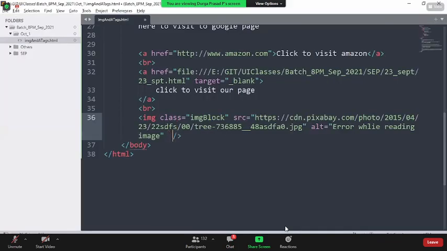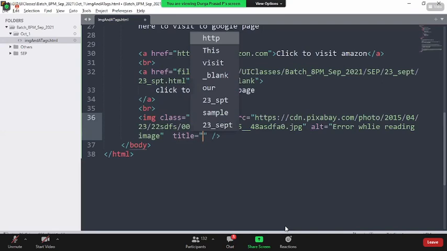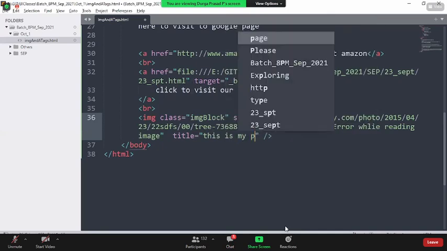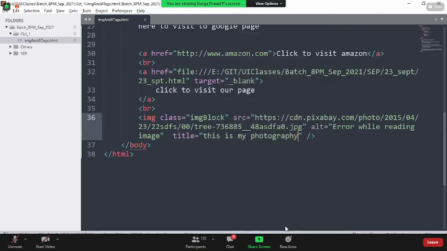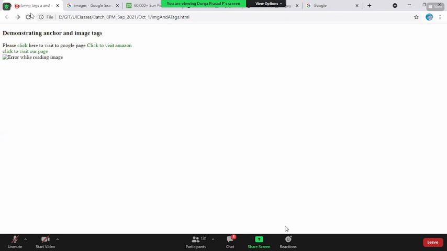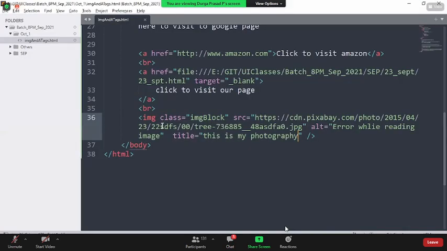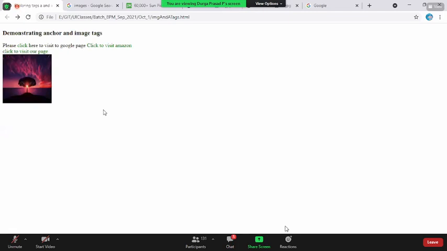Anyway, you already know something called the title tag, which we already discussed. What do you mean by title tag? You can add some message. So say, for example, this is my photography. Now, let me revert back the junk code. Save this. Now, if you see, the image will be shown, and the title message will be shown whenever I mouse over this. That is where the tooltip will be shown for us. And this tooltip is not only for the image tag; for any tag you want, you can create a tooltip of it.